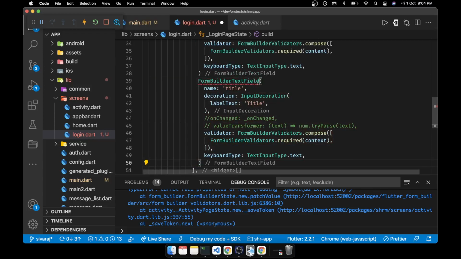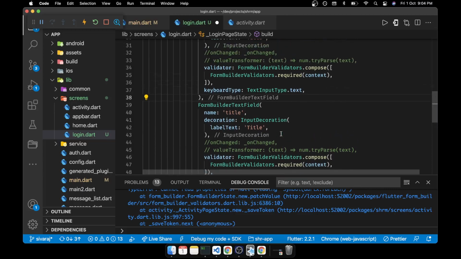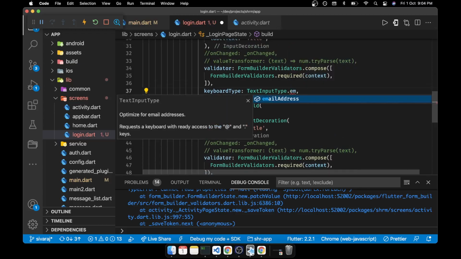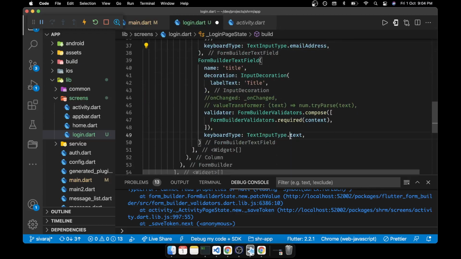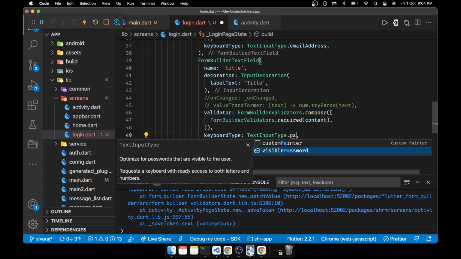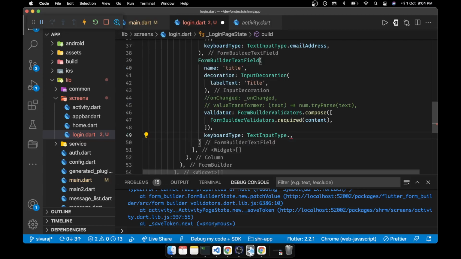Again the same text only, no? Only the keyboard type will vary. So text input type dot maybe email address, and this could be, let's say, something like visible password. Text only here.